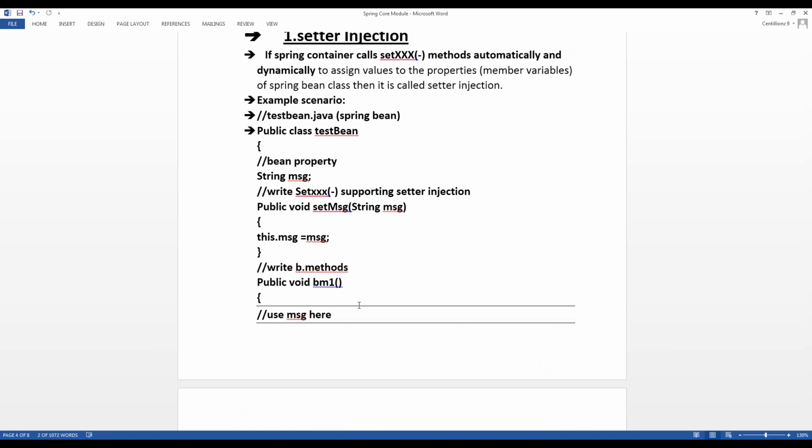Interviewers will ask, even people with 3 years, 5 years or 10 years of experience, which kind of injections you are using. So you can say that in such and such project I am using setter injection, or in such and such project I am using constructor or interface injection. Why are we using injection? Because I am depending on such and such values. That's why I am injecting from a setter to another method, or from a constructor to another class, or from an interface to another interface or another class. This kind of thing we have to see.